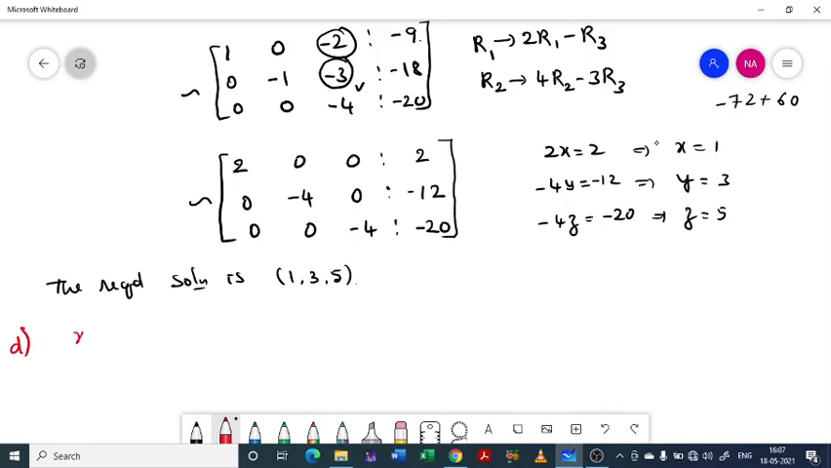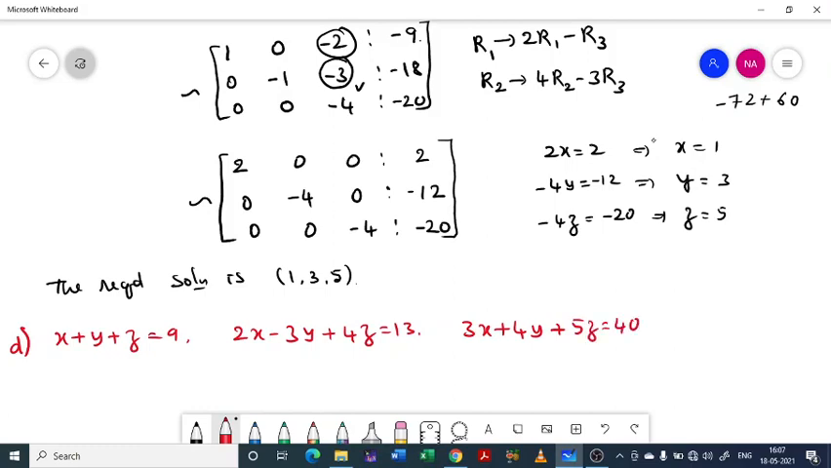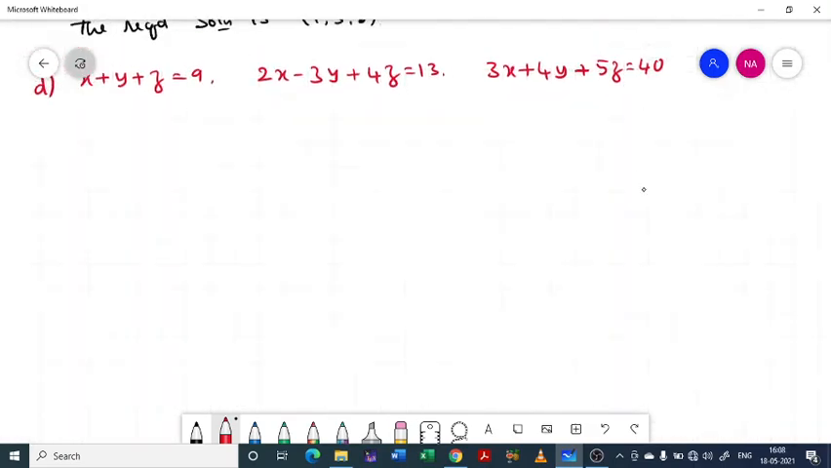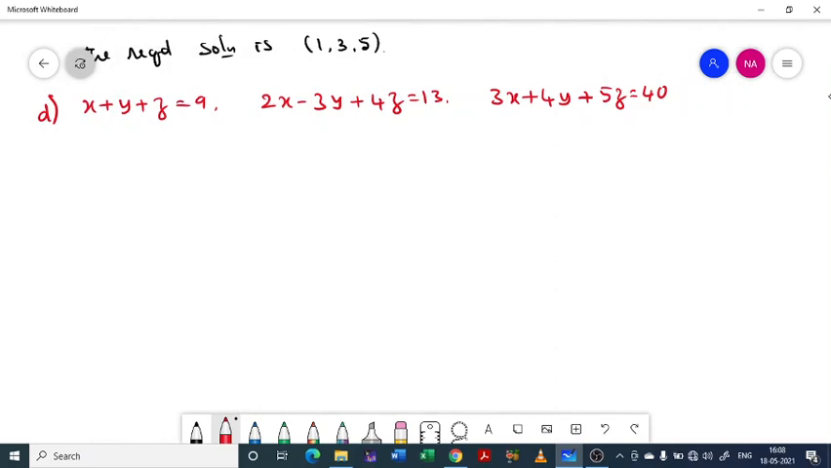So given the system of equations x plus y plus z equal to 9, 2x minus 3y plus 4z equal to 13, 3x plus 4y plus 5z equal to 40. Right. So this is the given system of equations. Now we need to reduce this, find the solution of this one. Solution. So the corresponding augmented matrix is,